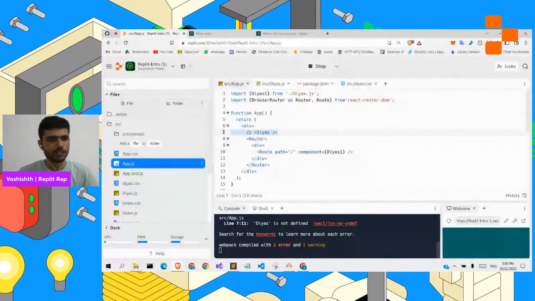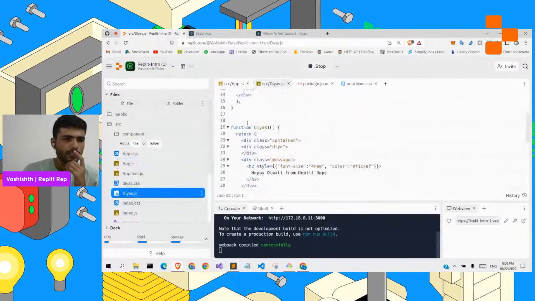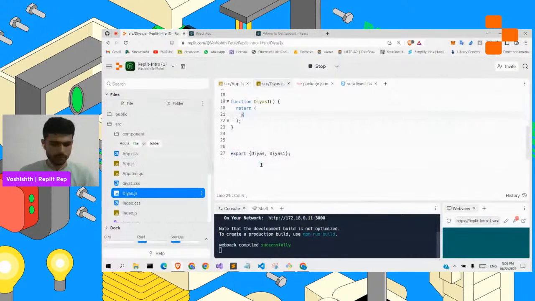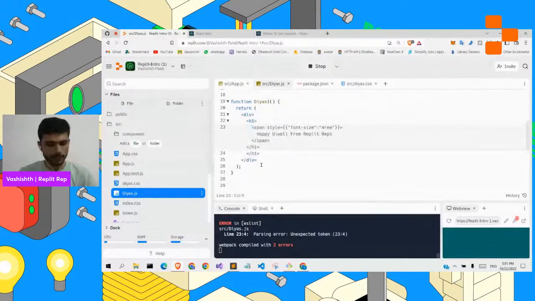And let's just remove this Dias. And here, instead of this Dias, I'll just type in the division tag. I'm having one h1 tag, and I'm just writing